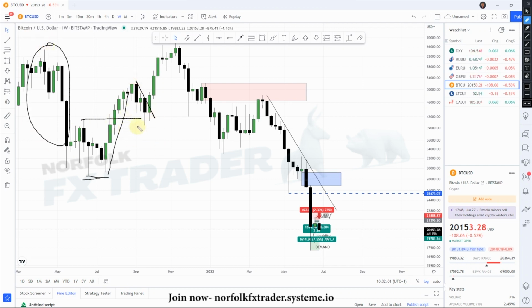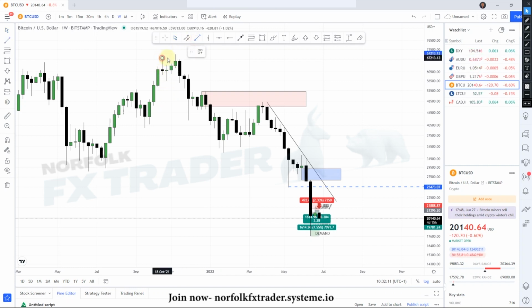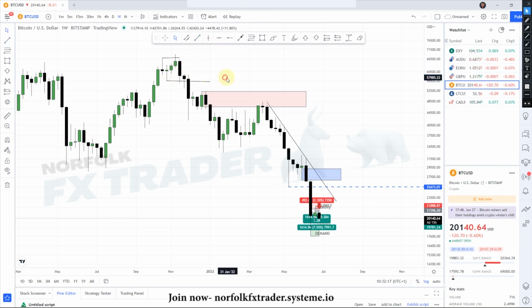We have a pullback, and then we have another break of structure. And if we go closer into the chart here, we also have a small pullback, a break of structure right here in the market. See, a valid break of structure, and then there's your change of character to the downside. Now, there's a lot more going on here, but that is for another day. Now, once we see this breakdown, where's your next break of structure? That is going to be your next